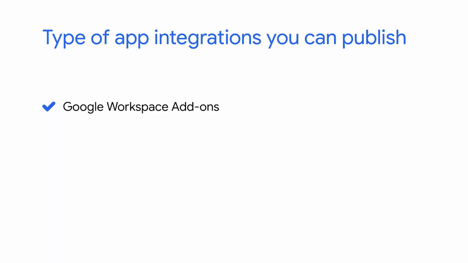This video is for anyone looking for a comprehensive guide on how to publish their solution to the Google Workspace Marketplace. The app you want to publish on the Google Workspace Marketplace must support an integration with one or more Google Workspace applications. Chat apps are an exception as they can but do not need to integrate with other Google Workspace applications. You can publish a Google Workspace add-on which can integrate with multiple Google Workspace host applications like Gmail, Calendar, Sheets, and more. Editor add-ons extend one of the Google Editor applications such as Docs, Sheets, Slides, or Forms.